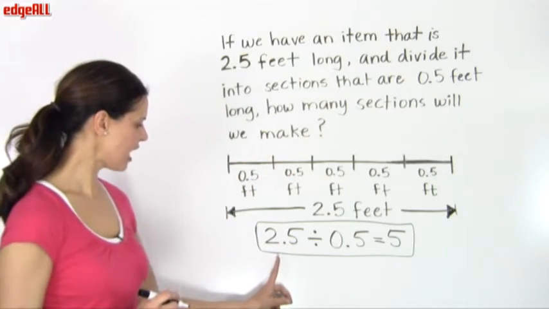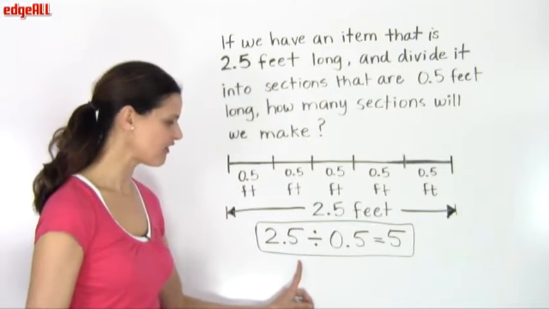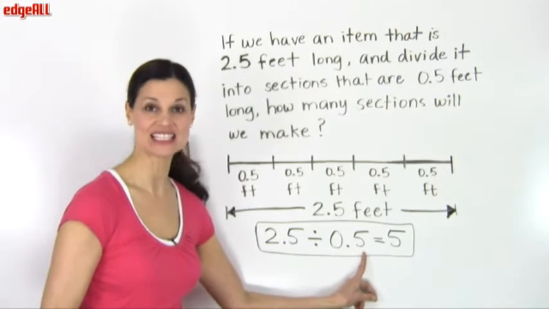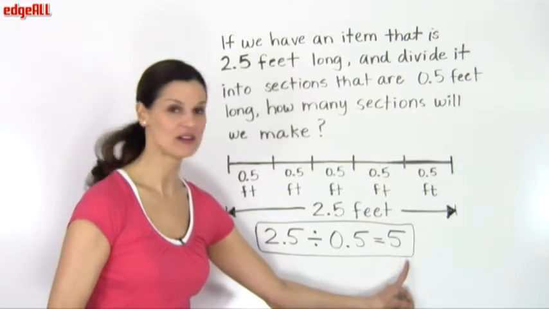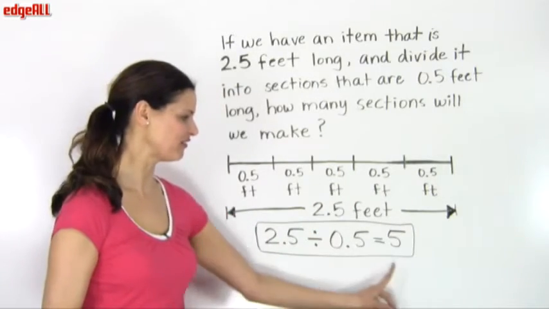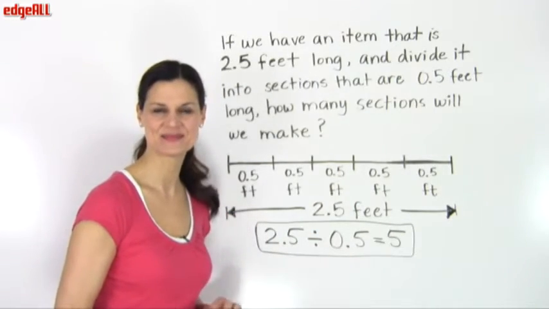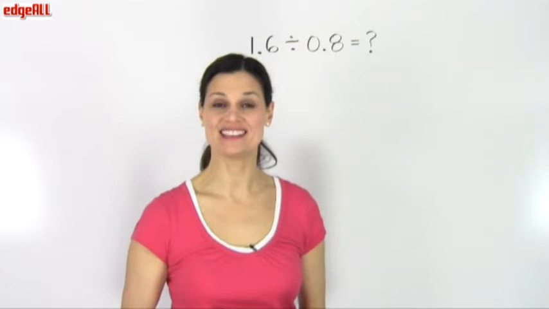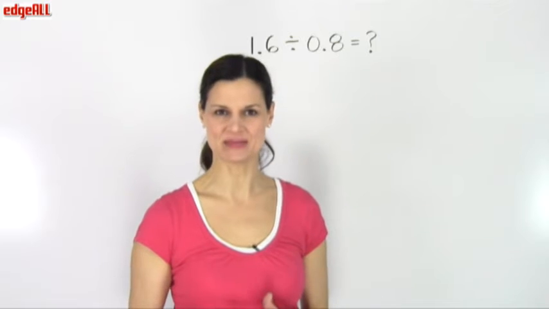And to go with our drawing, it would be 2.5 length divided into 0.5 little sections gives us 5 pieces, or 5 sections. When we're working on a problem in which we divide a decimal number by a decimal number,